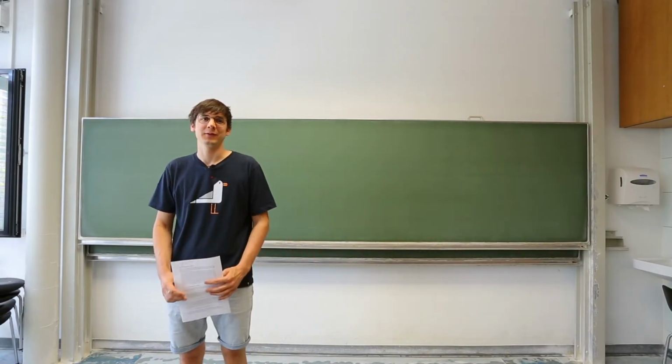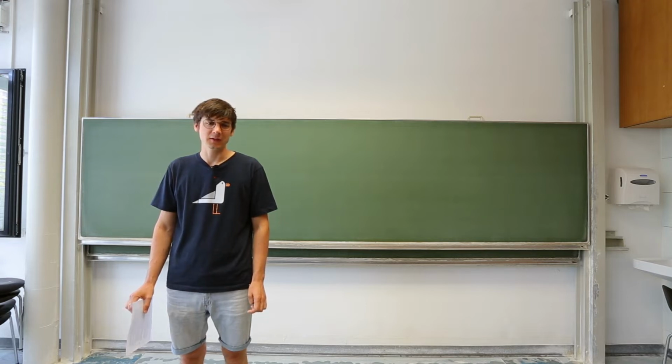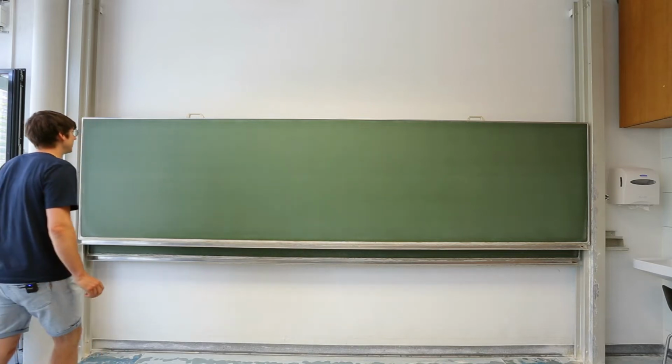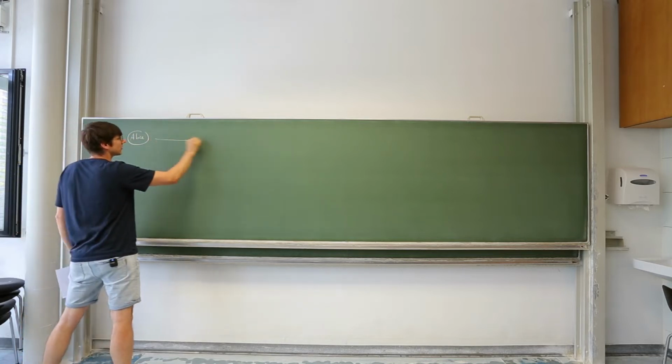Okay, welcome back to our lecture on quantum information theory. Let me first briefly recap what we did last time. In the last session, we considered a communication between Alice and Bob. So suppose there's Alice communicating with Bob,